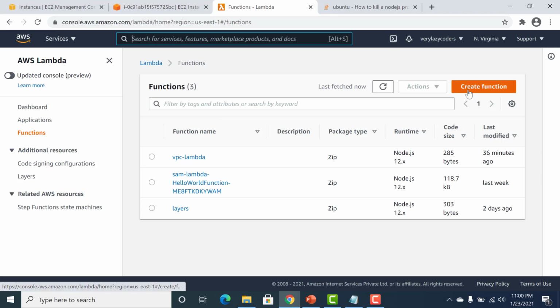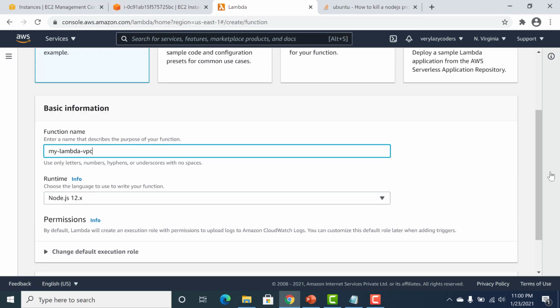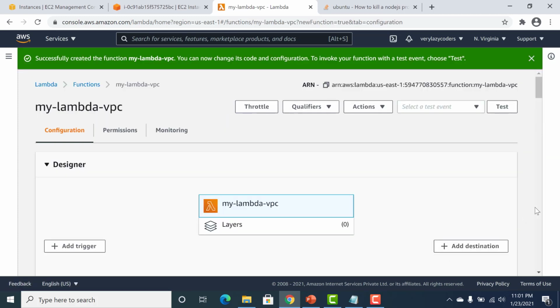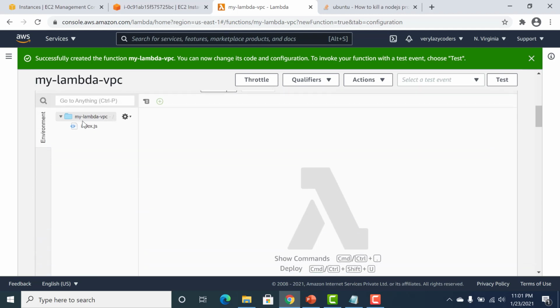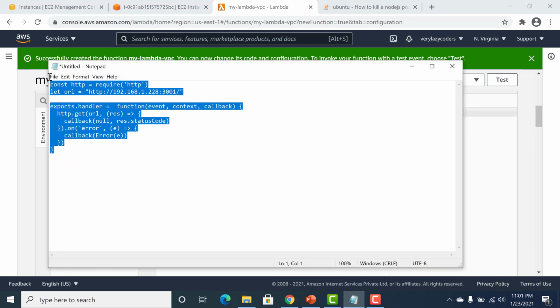So I'll create a Lambda. It will be a Node.js application. I will try to connect to it using the public IP address, so I don't need to connect it to the VPC. I'll just go to the code. I have a code handy with me, I'll just copy it and paste it here.